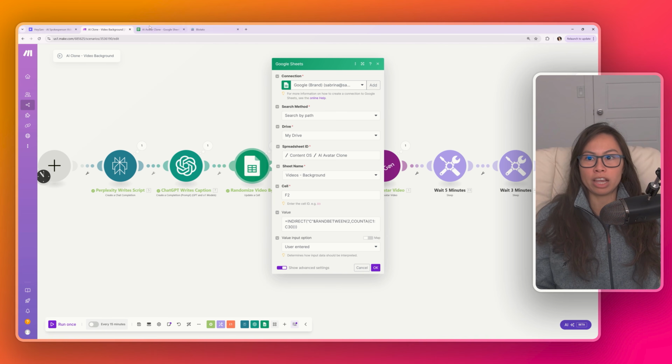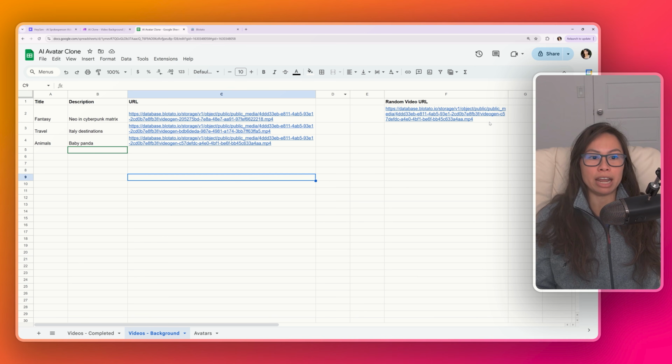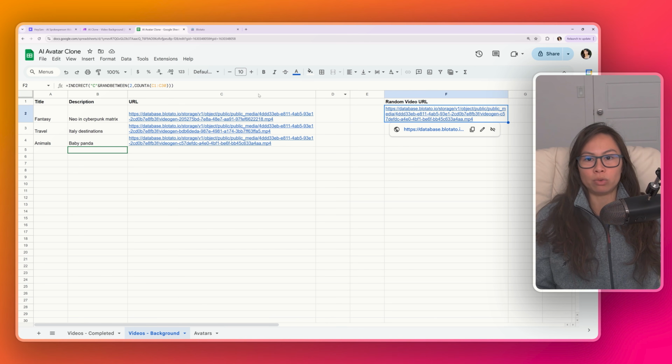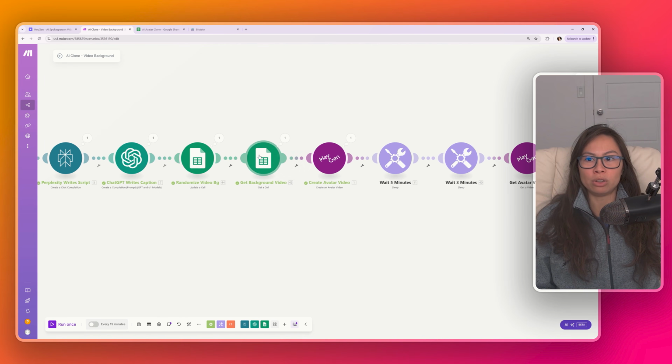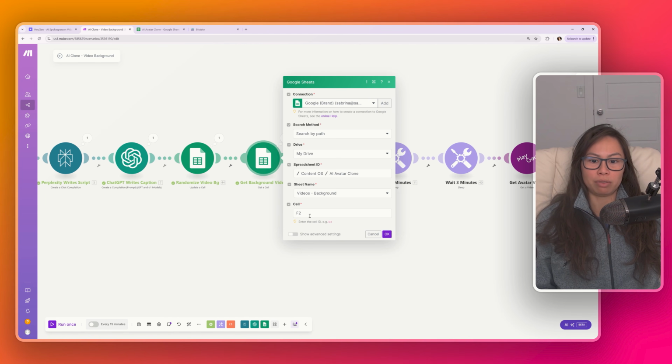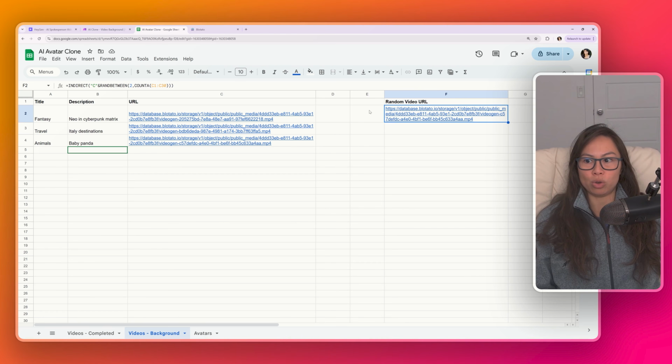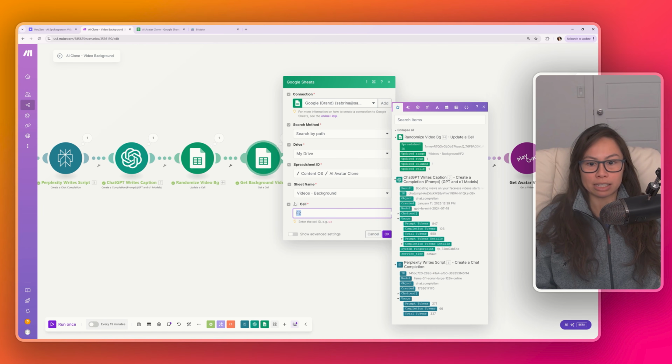So that's all this is doing here. This Google Sheet is basically just updating this cell so that it will trigger another random selection of one of these URLs. And then this node just gets the value of that cell, right? So cell F2. And certainly you can add additional columns and stuff. Just make sure if you move this random selector to a different cell, make sure it matches the cell over